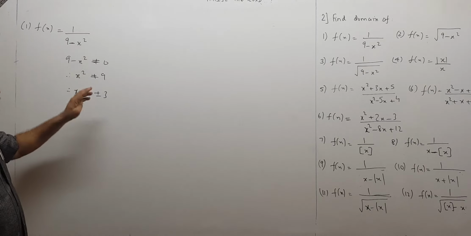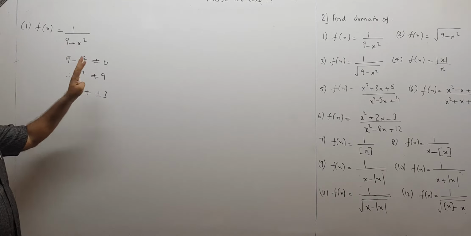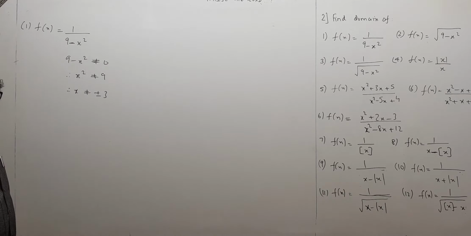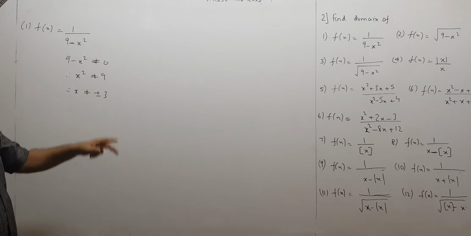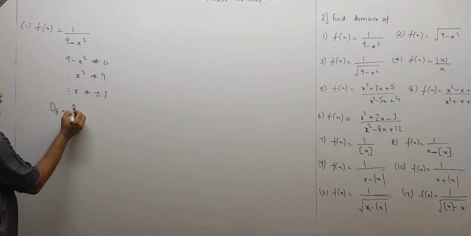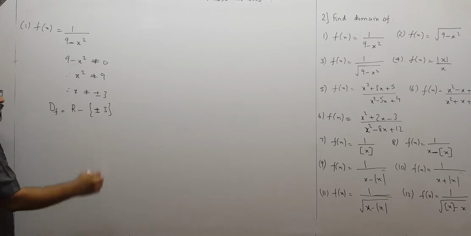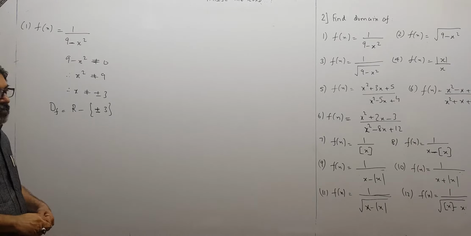Whatever values of x you put apart from plus minus 3, 1, 2, 3, 0, half, root 2, root 3, whatever you want to put, you will get some definite value of the function. But if you put 3 or minus 3, this will become 9 minus 9, 1 upon 0, undefined. So what is the domain? Domain of the function becomes R minus {plus minus 3}. From the set of real numbers, you have subtracted these two elements, that is all. This becomes the domain. That way you have to think, children.